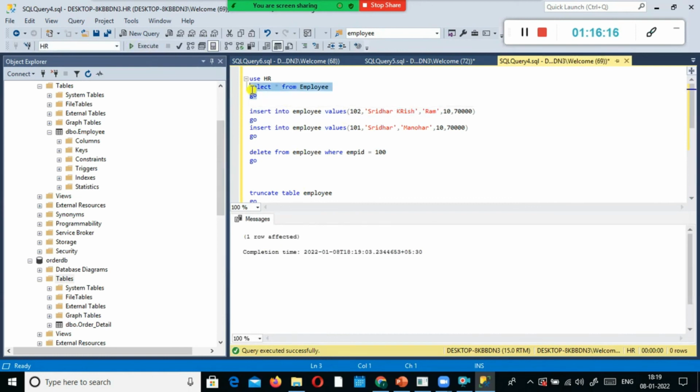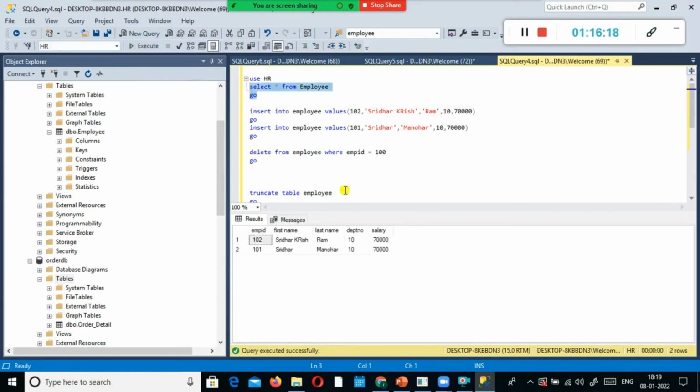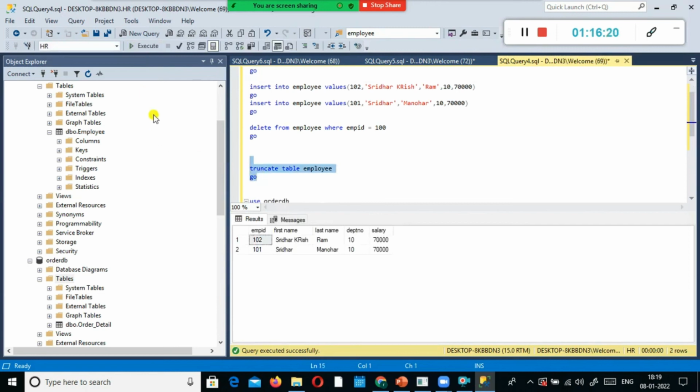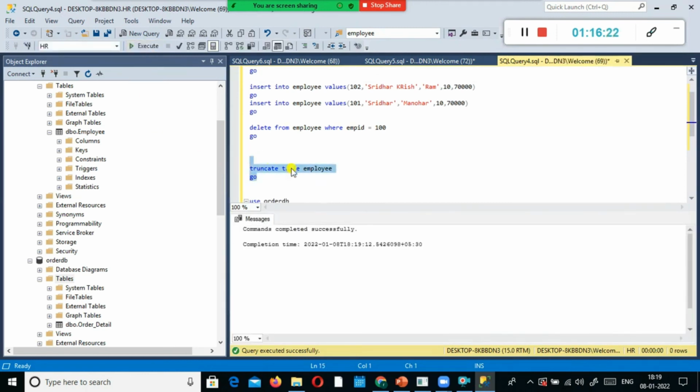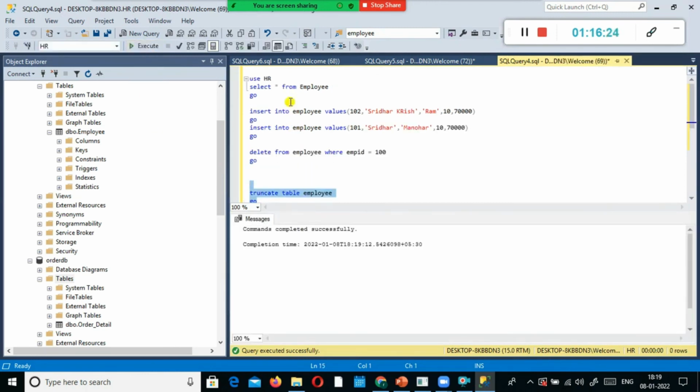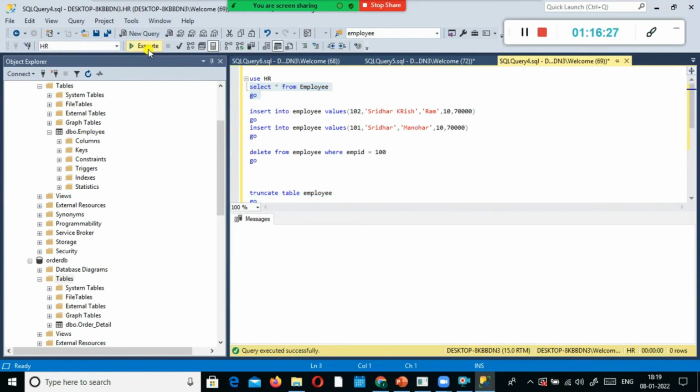Now we will see how the truncate works. When I execute this and select from the table, no records are available. So the entire data got deleted.